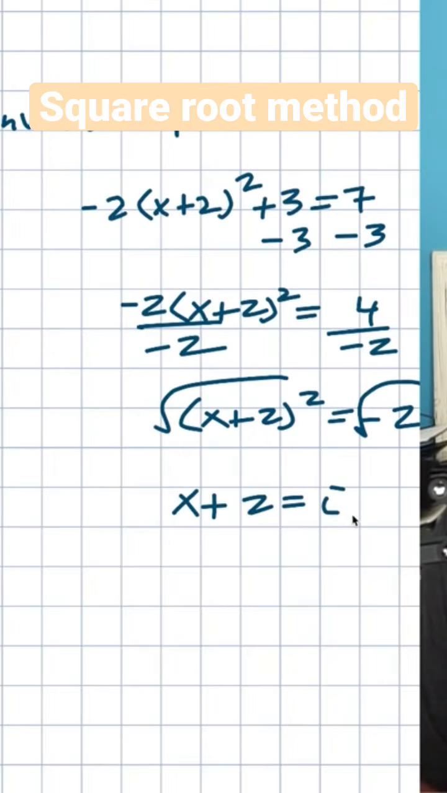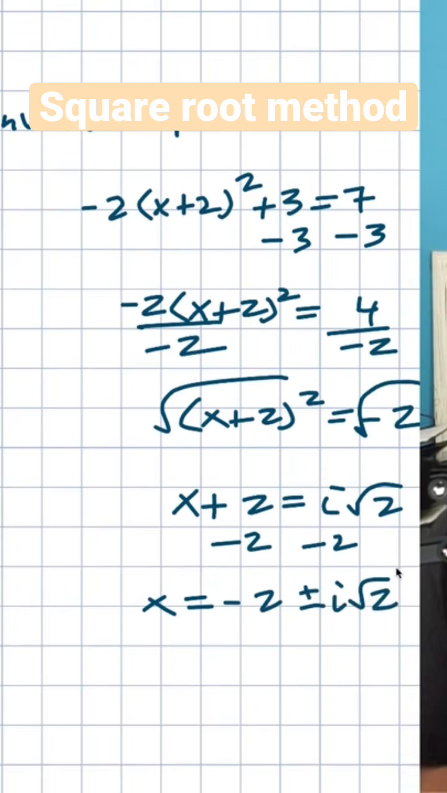So therefore it's going to be i square root of 2, and then we could subtract the 2 on both sides. But again, remember from the last problem, make sure whenever you introduce the square root, you're going to have plus or minus. So our final answer is going to be -2 plus or minus i square root of 2. So always look for when you have one single